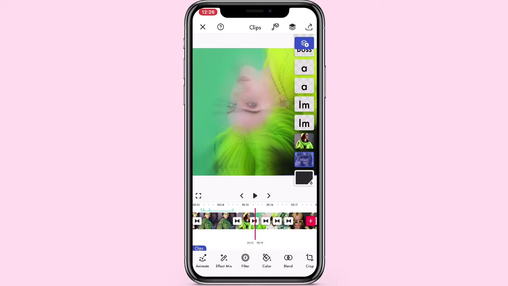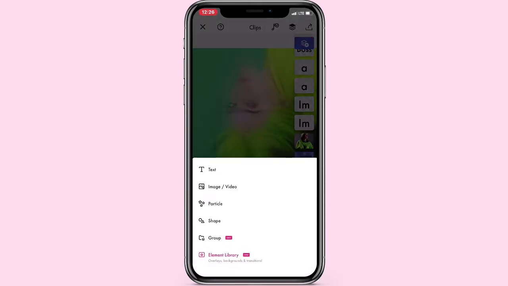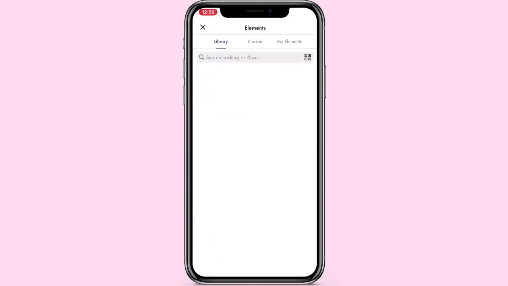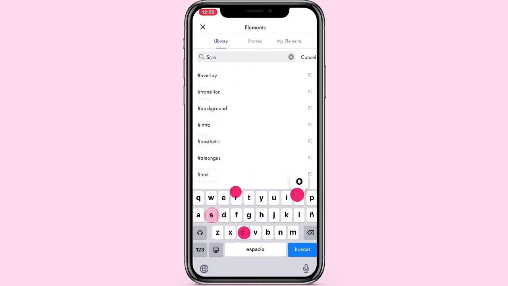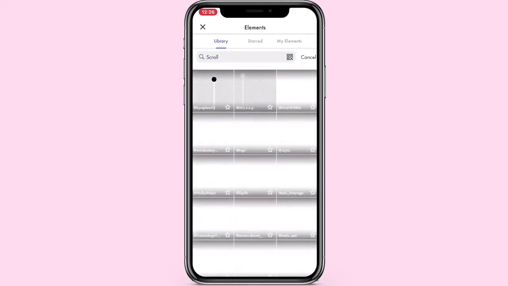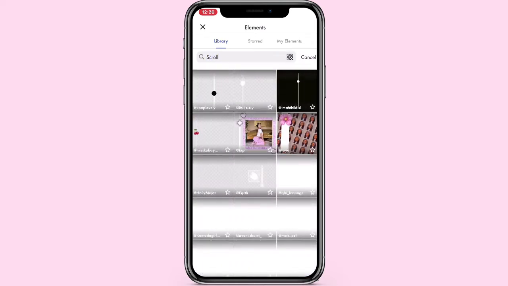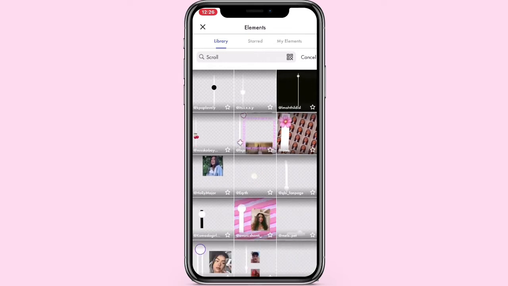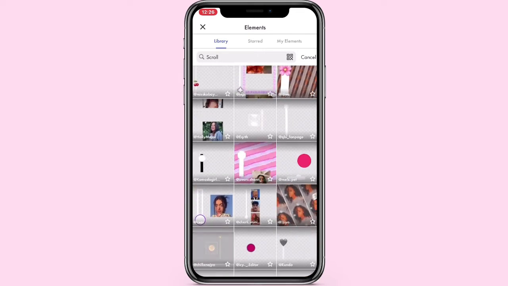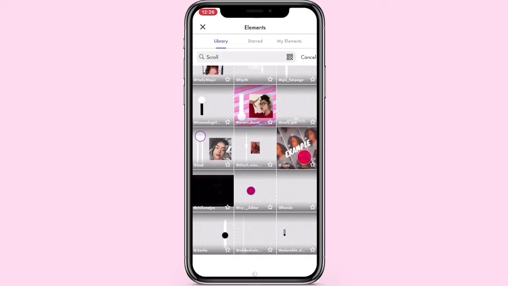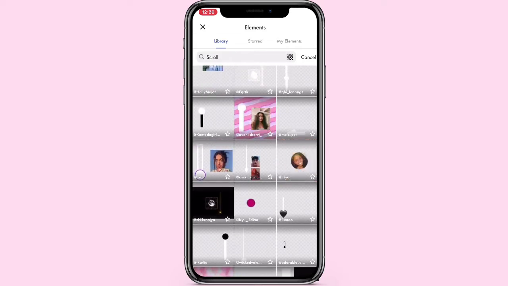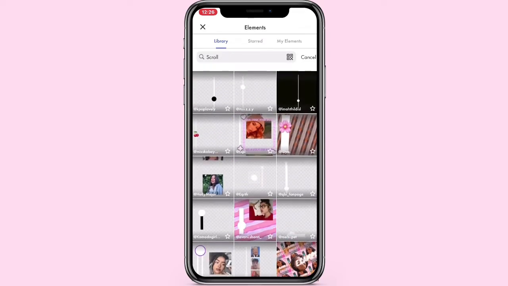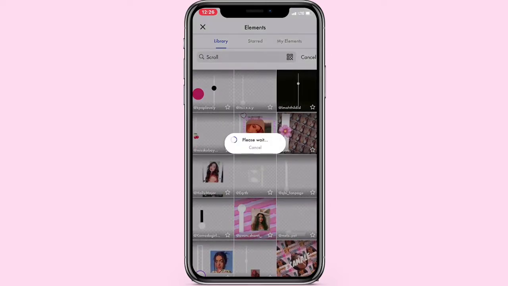Now that I have done that, here I already have my clips, and I'm going to go ahead and add another layer, and this time it's going to be an element. I'm going to be doing a scroll element with the transitions. The transitions I'm going to be using for the scroll element is this little layer, which is pretty simple. I'm just going through which one I want to use, and I'm just going to use the basic transitions that you have for the bottom layer, the ones that already come with the app